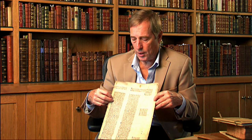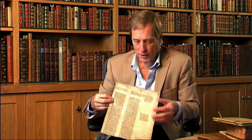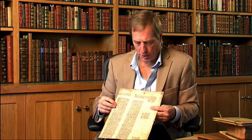Schoeffer worked for Gutenberg, and Fust lent him money. And when Gutenberg couldn't pay it back, Fust foreclosed on his print shop, and then Fust and Schoeffer went into business for themselves, cemented by the fact that Schoeffer married Fust's daughter. Anyway, this book was printed in 1460, canon law, and it's probably printed on vellum, a good friend of mine says, because